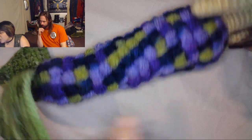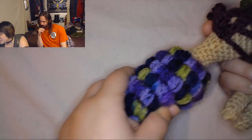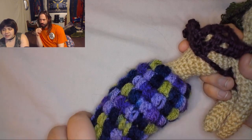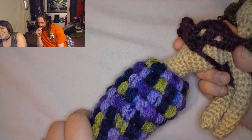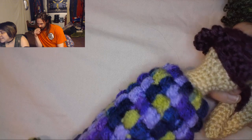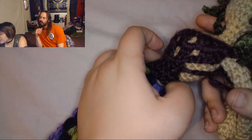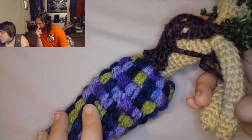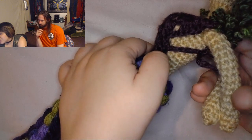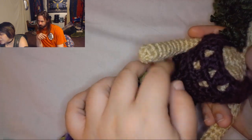So the other reason why this came out big was just because I made it too big. And the difference between the size of her waist and the size of her tail is so ridiculous. She's being eaten by the tail. It's a bit much. But I can cover that up right there. Nice. Okay, now it looks like it flows a bit better, actually. It flows a little bit better with this particular shirt design because I left the back open and I just layered the front with some chunky...